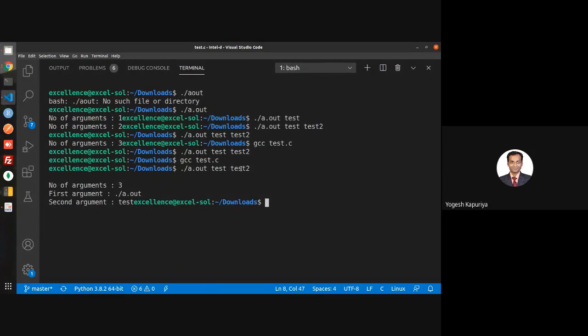So what I have passed is 3 arguments: a dot out, test and test 2. The first argument was a dot out, the second was test, the third can be test 2, and it can be anything. So you can pass any number of arguments to the main function. But arguments passed to the main function are always strings. If it is a number and you want to use it as a number, then you have to convert it to a number. Right? So I hope it's clear.